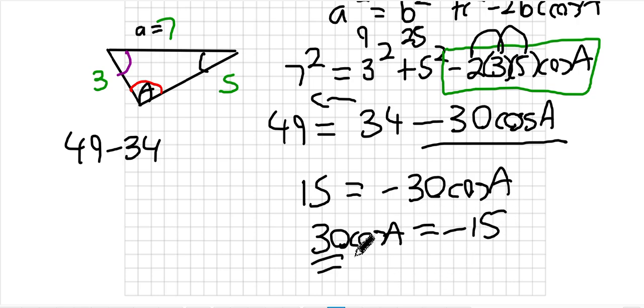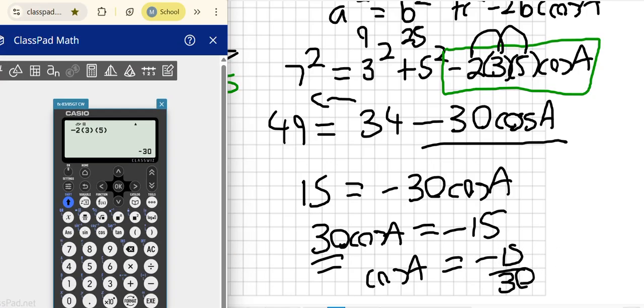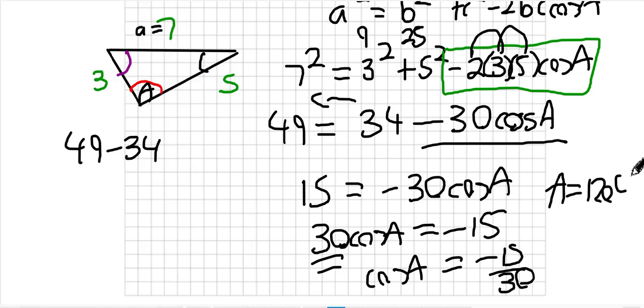Is the cos A on its own? What happens to the 30? What happens to the 30, lads? I put it underneath. And then I go to my calculator and because it's an angle question, I have to shift and cos it. So what do we get? Minus 15 over 30. Okay. Should be handy enough. I get 120 as my answer. Okay, and I'll